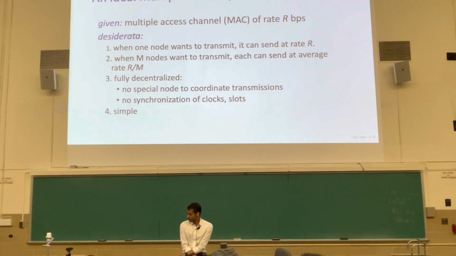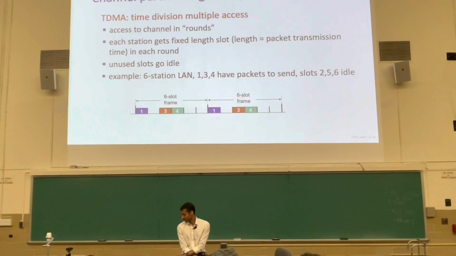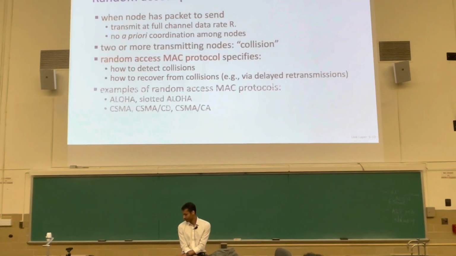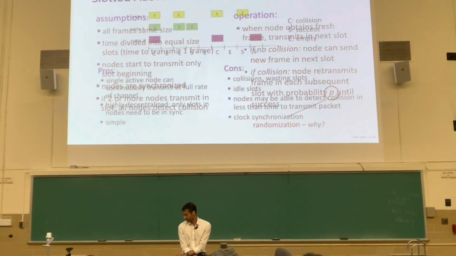What happens when N nodes want to transmit? Our goal is fairness. You've got to take a channel capacity of R bits per second and divide it equally amongst all the available nodes who want to speak, which is a dynamic quantity, right? N could be less than n, the total number of nodes. Not everybody may want to speak, but resources should be shared fairly amongst the ones that do want to speak. So let's look at how Aloha does on that metric. It's not great, right? Ethernet is much better than that.